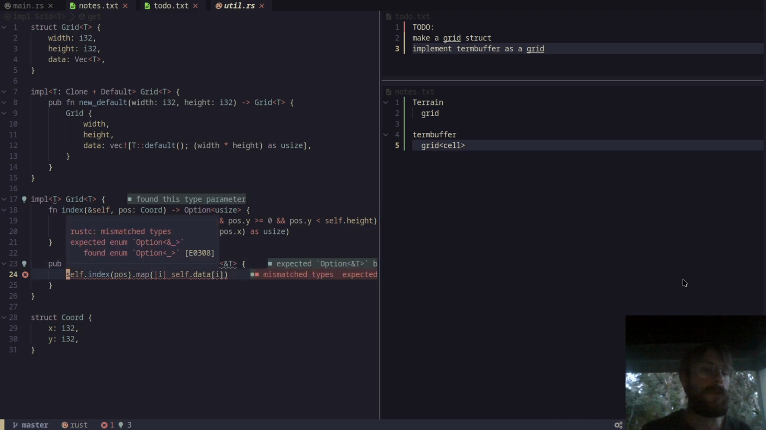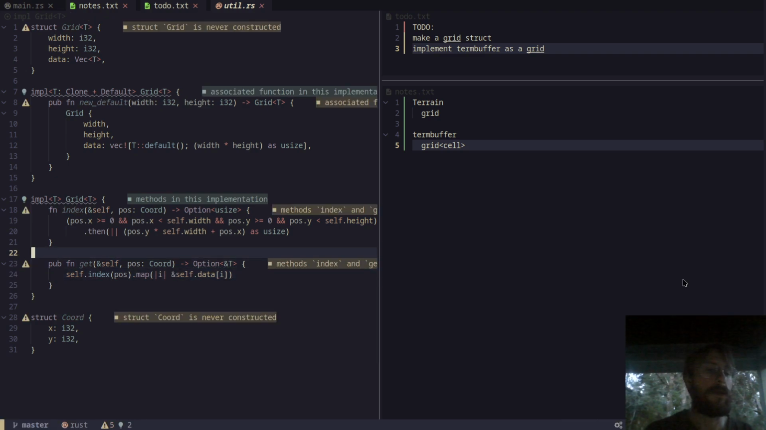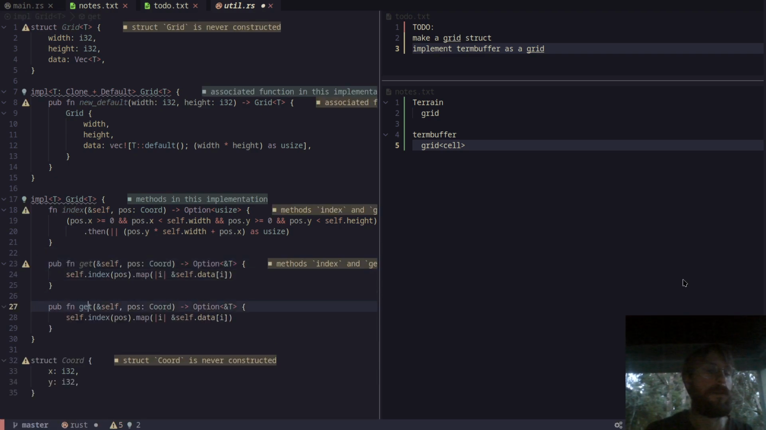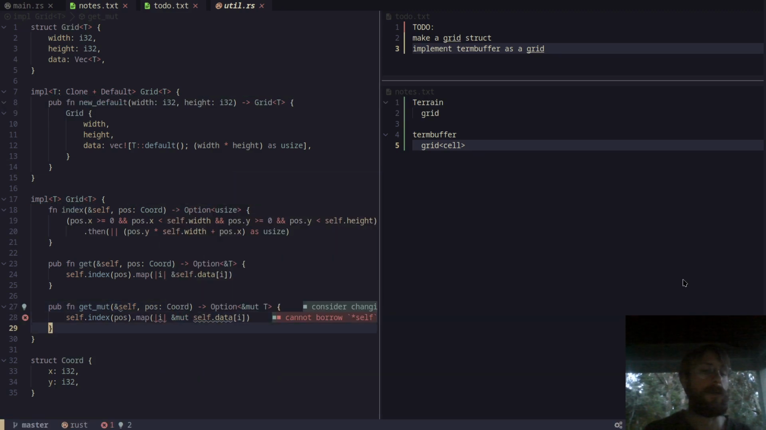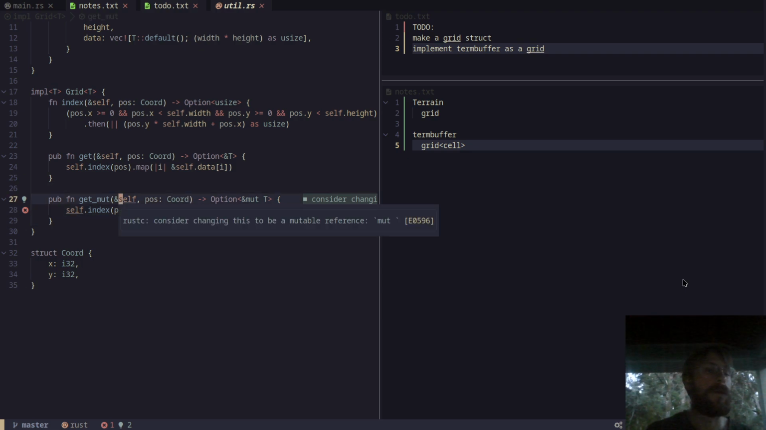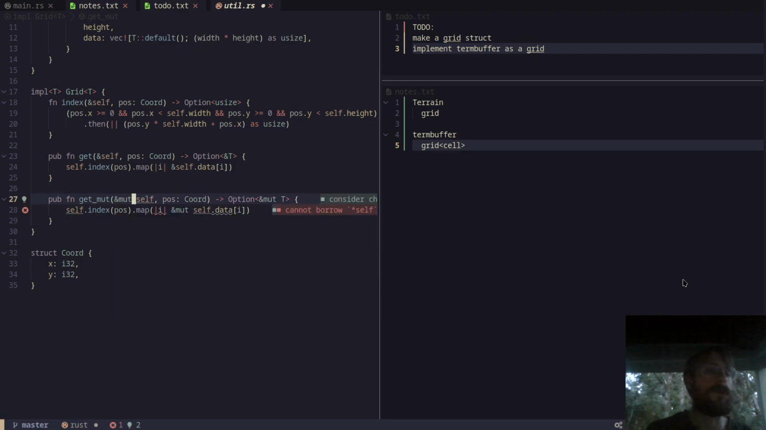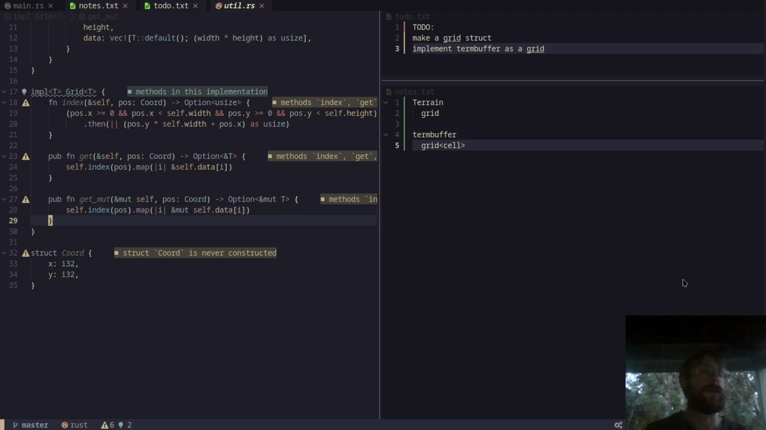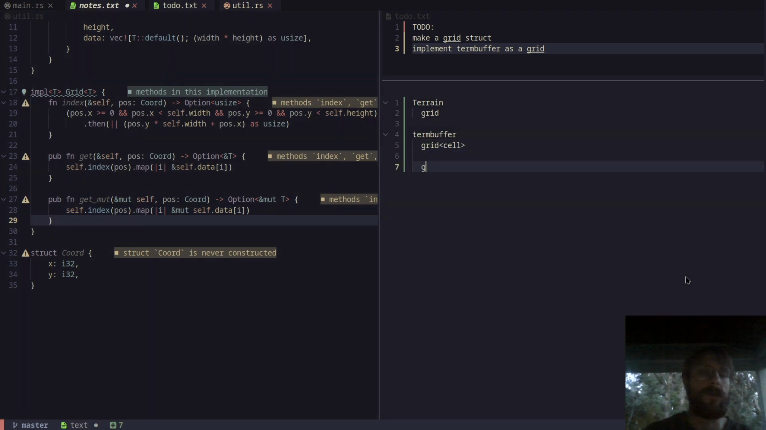Nope, what am I doing wrong here? Oh, let me see. There we go. And we need the corresponding mutable version as well here, because we are going to want to be able to access and modify stuff as well. Oops, needs to be mutable. There we go. It'd also be nice to be able to access stuff like, so you can go grid